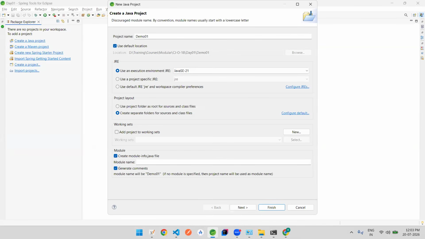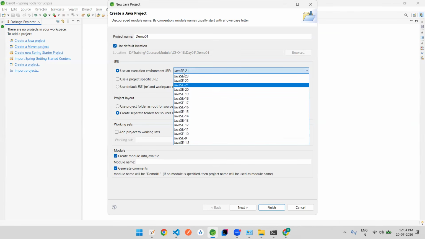नाम कुछ भी हो सकता है. The name can be anything. You are just going to give demo01. You notice it also asks you, do you want to choose an execution environment for it? जो हमें VS कोड में ये ऑप्शन नहीं मिलता है, there we have to do it through the command line, हमें कमांड लाइन से उसका वर्जन चेंज करना पड़ेगा अगर मुझे कुछ अलग वर्जन पे इसको कंपाइल करना है। Here you can just choose it from the drop down